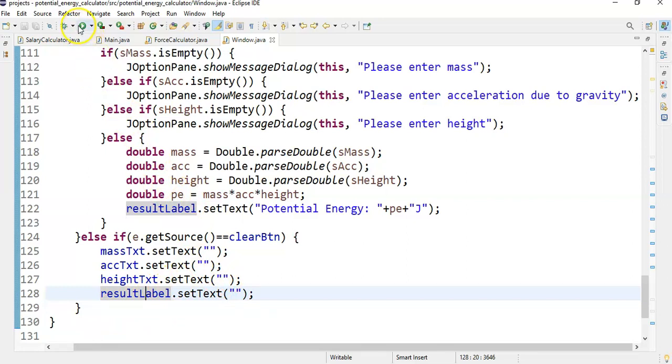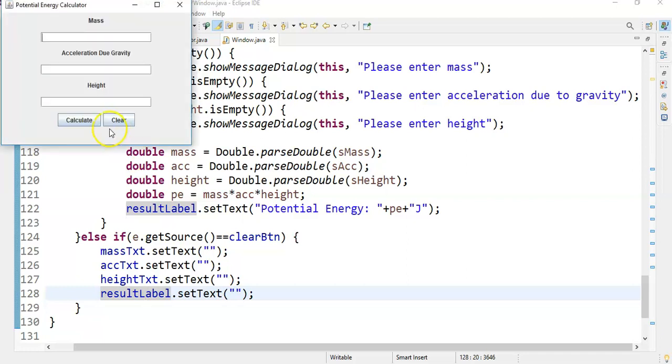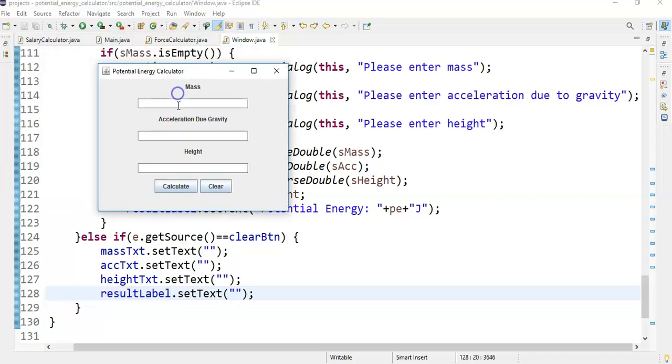So let's continue. Okay, so let's say the mass is 2 and the height is 4. If I calculate, I get 80, 40 times 2 is 80. So if I click on clear,